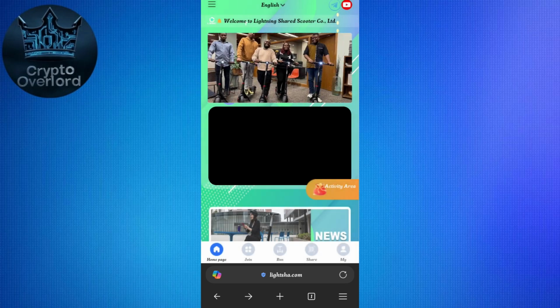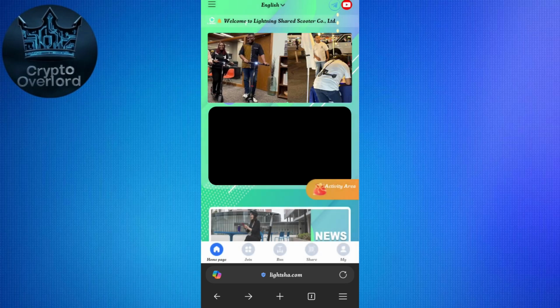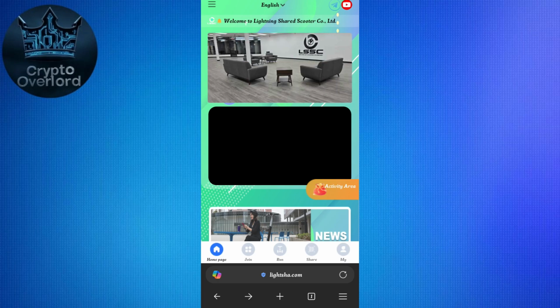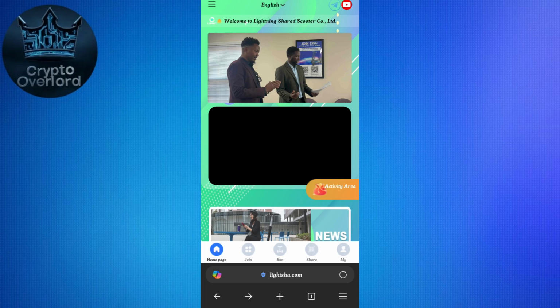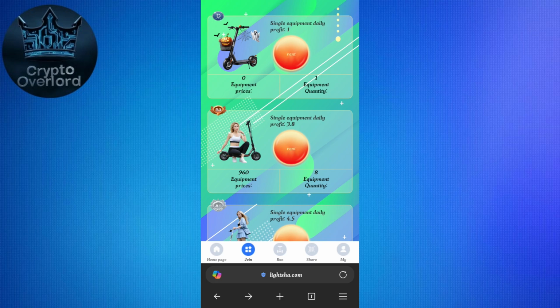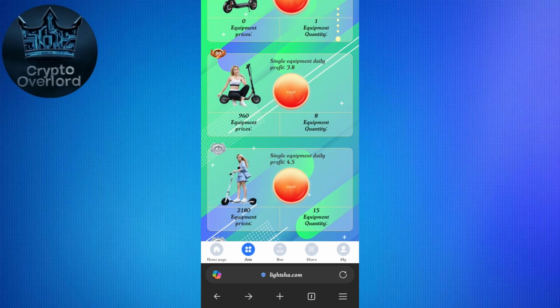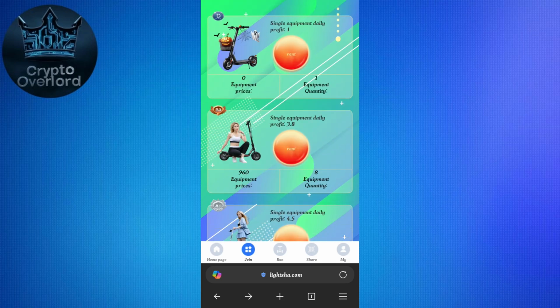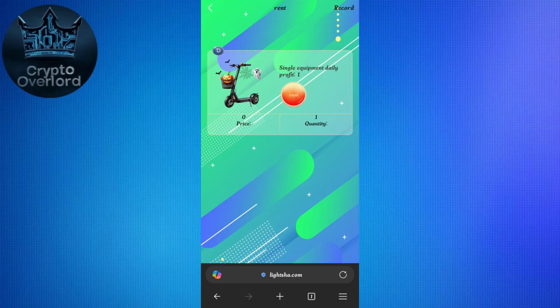Now once you have that amount in your LSSC account, you can use it in order to join their plan. Here you will see a bunch of different tabs in the bottom like join, run, share, etc. If you tap on join, you will see a bunch of different sections. Here, once you have the money in your account, you will see B3 level, A1 level, A2 level, etc. The basic one is the D level, and the best part is that you don't need any equipment or pricing